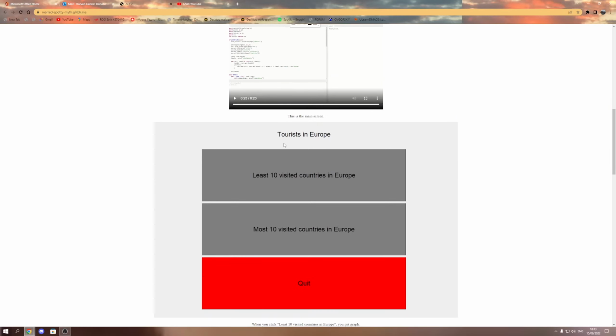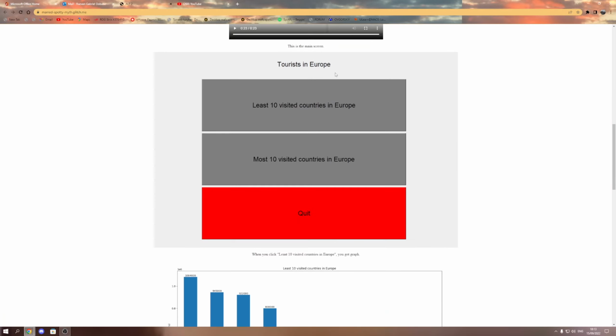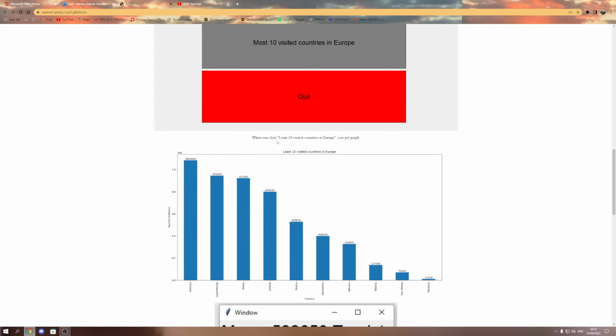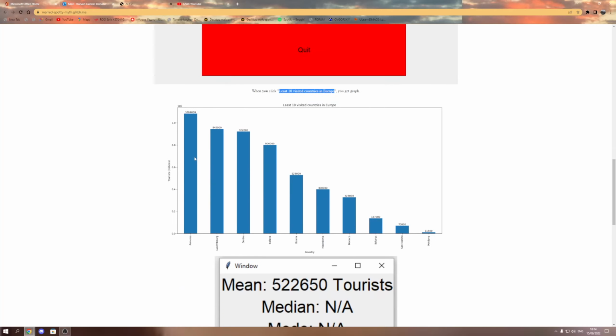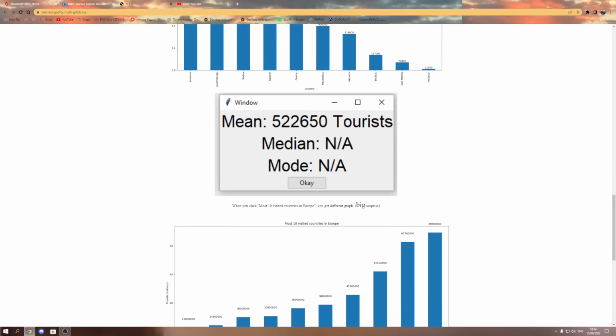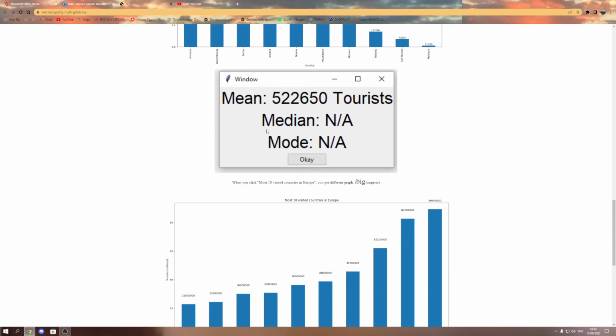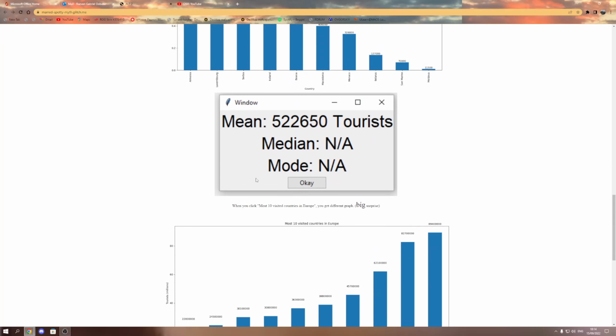Here is what you have basically seen. This is the main page, basically tourists in Europe: least 10 visited countries, 10 most visited, and my favorite button. And when you click least 10 visited countries in Europe, this is the graph that you get. It's, surprise, surprise, a graph. This is the mean, median, mode. He also made a tab for this. It used to be here, but it's not there now. And when you click 10 most visited countries in Europe, you also get a very...